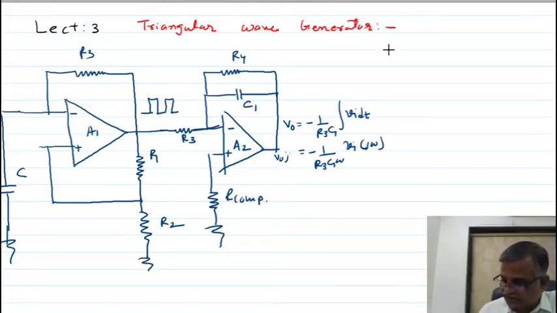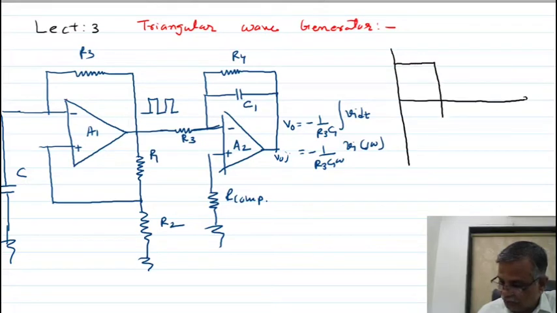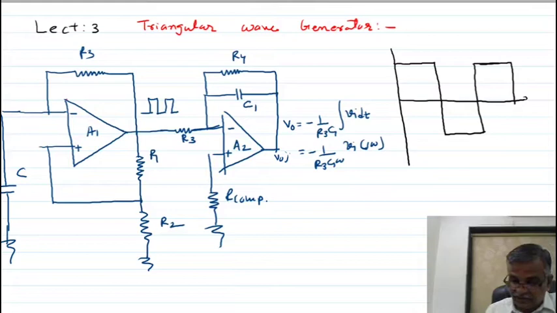Listen, now I am discussing the circuit. I am showing you this is a square wave output of the first op-amp. This first op-amp has such a kind of output, and the second circuit, look here, the second circuit integrates this square wave, and we already know that if you integrate the square wave, then you will get the ramp voltage that I am showing you. This ramp voltage.